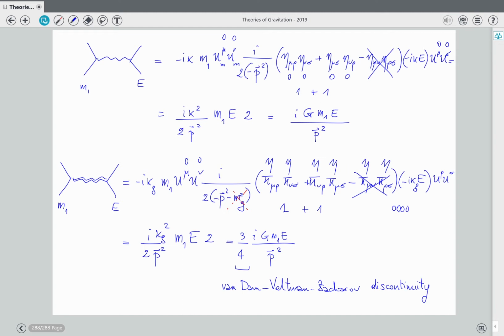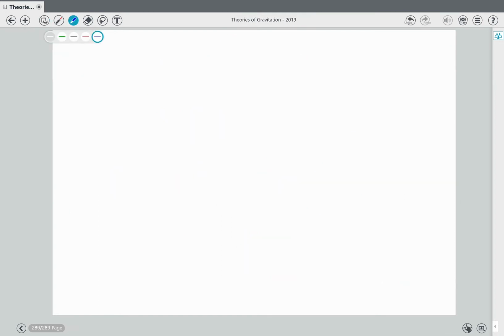Now we discuss the boundary term of the gravitational action. Why is that necessary? Well, the problem is that, strictly speaking,